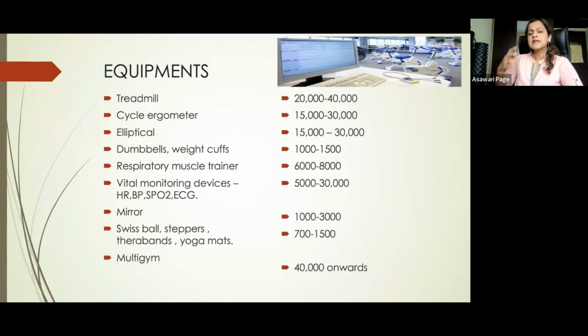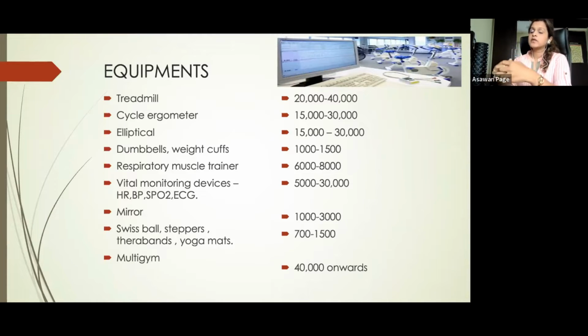But these are the basic equipments, and the pricing ranges from region to region and from company to company. So there's a wide range of prices right there. So you'll have to really sit down and work out what your budget is, how much space you have, how you want to lay it out, and how many equipments you want to take, and then accordingly place them. But I think these are the basic equipments that you need, along with the emergency equipment if it is going to be a standalone center.